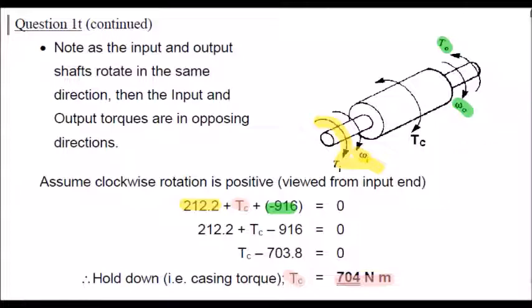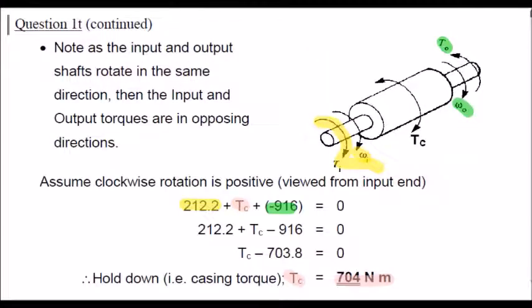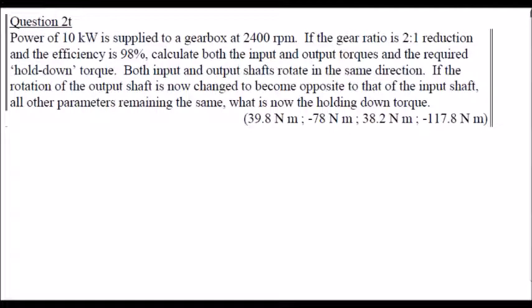What I would like you to do, I'll give you another exercise here, is to have a go at question 2T as well. It's very similar to what we've done. It's slightly less work to begin with because they've given you the gear ratio straight away, so you don't have to work out the gear ratio in this particular case. But the rest of the calculation is similar to what's shown on question 1T. So if I could leave you with that, as well as the other question I gave you, it will give you a nice bit of practice on gears in the week,